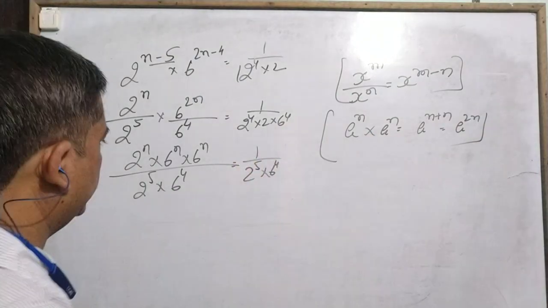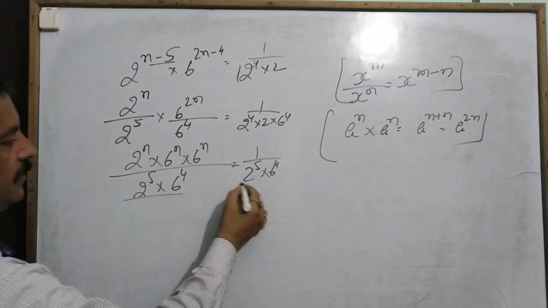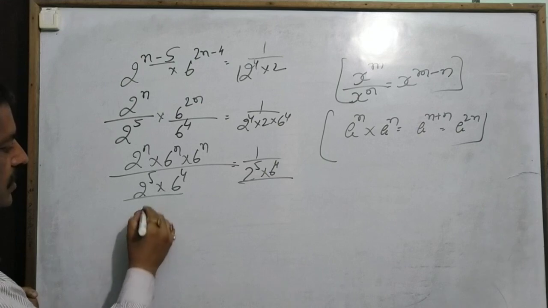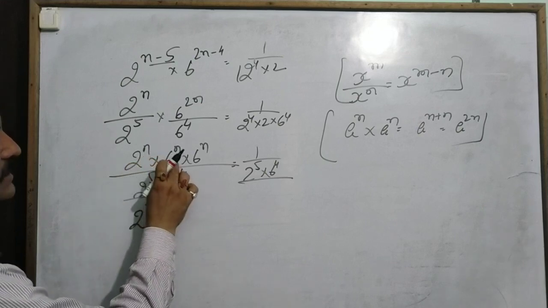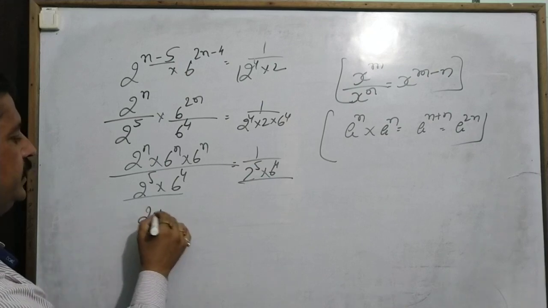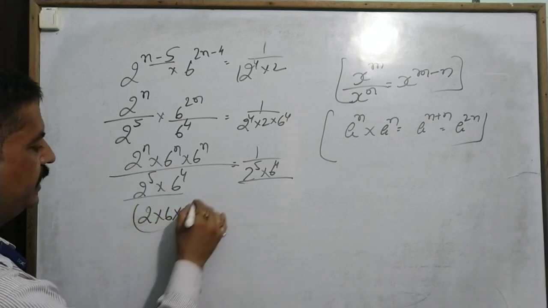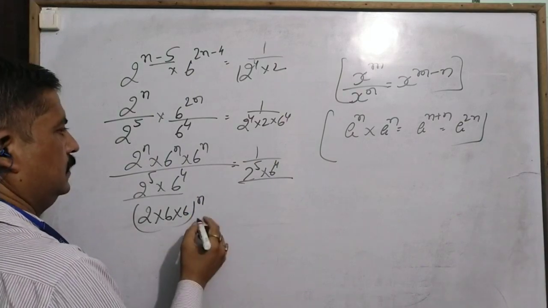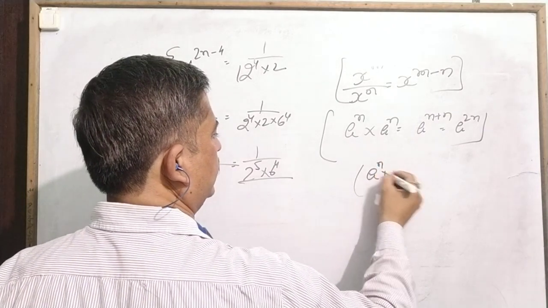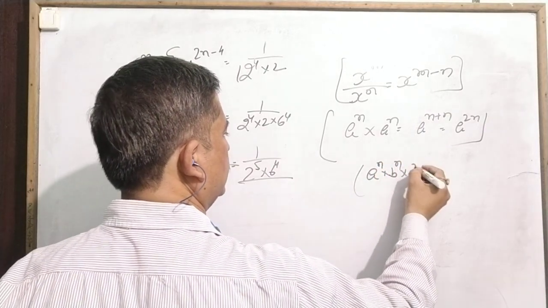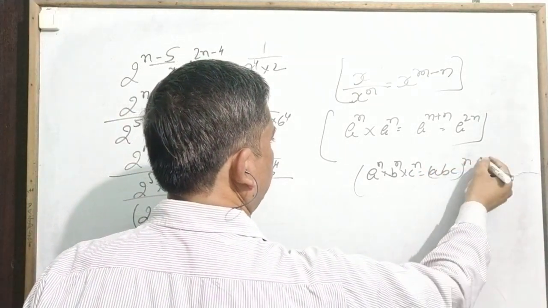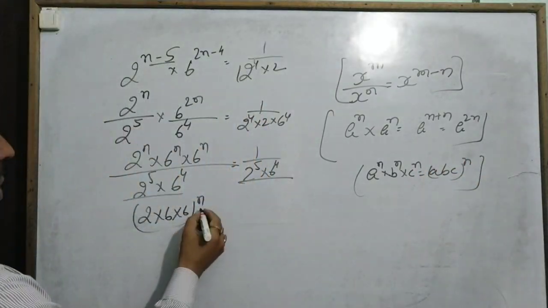So that's the process we use. They both have the same denominator, so we use the cross product: 2 power n into 6 power n. Since a power n into b power n into c power n can also be written as (a b c) power n, that is equal to